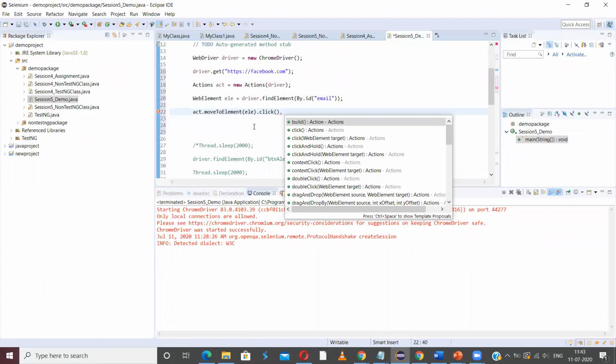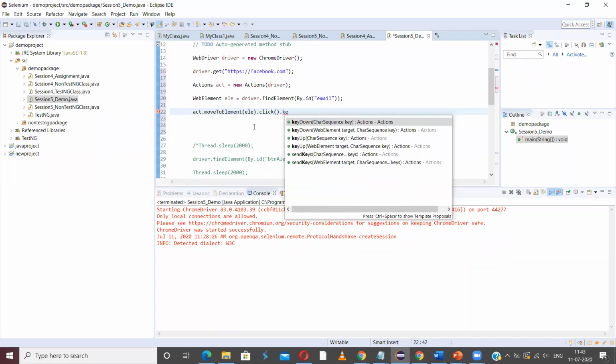Now let us assume we have to enter only capitals in the username. In order to enter capital letters, we usually press the shift button and enter, right? For that, we have to use the method key down.